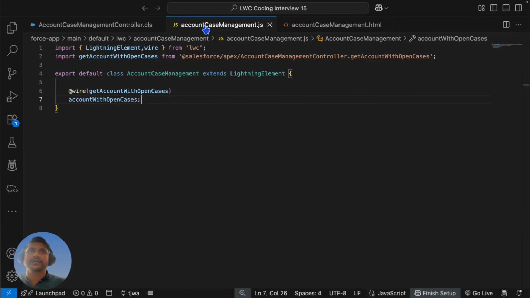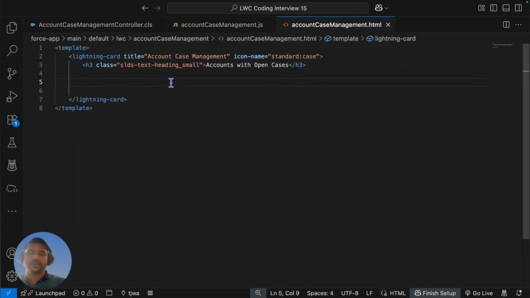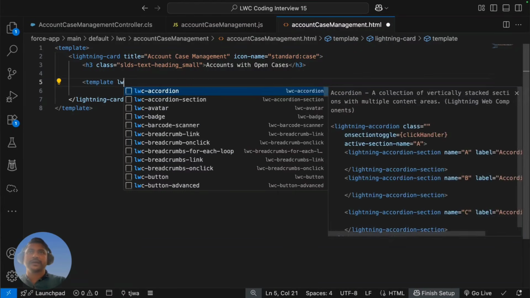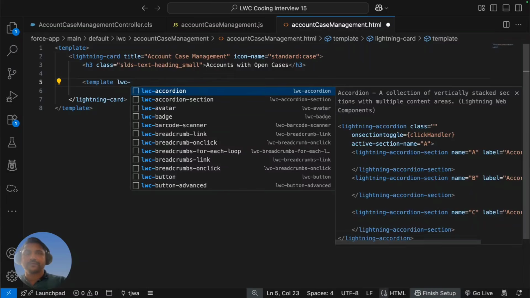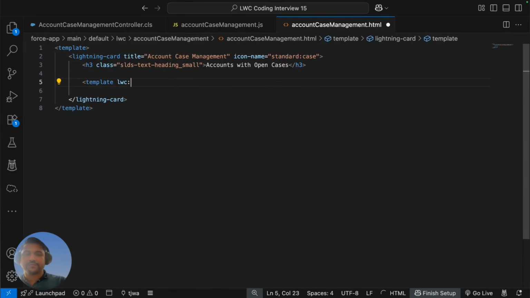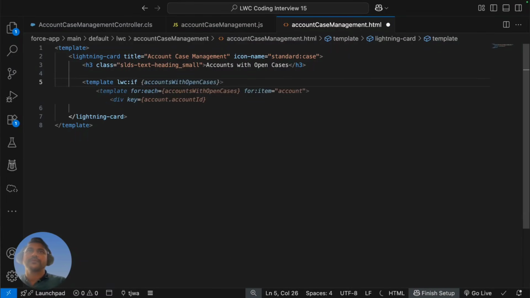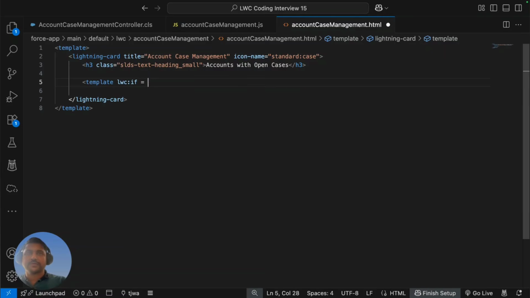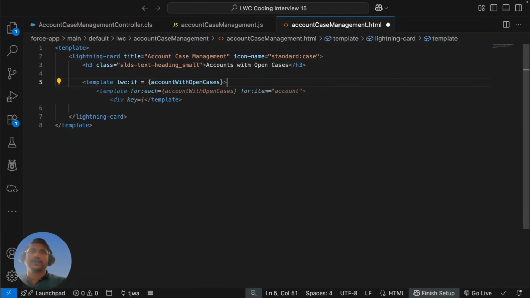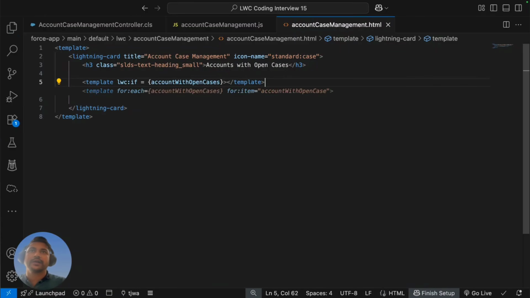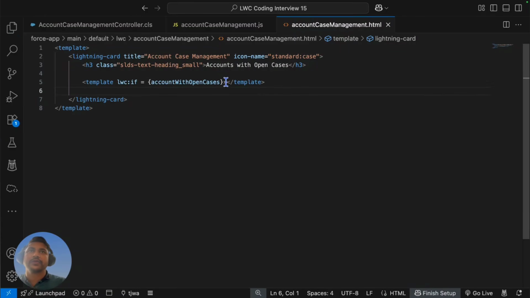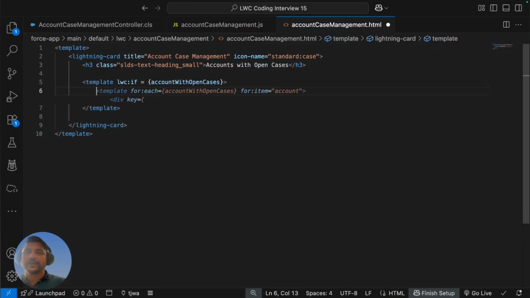So how can you check if the data has been loaded or not? By checking the data property of this. So here I will be using template LWC if account with the open cases. If the data is available, then and only then we should go and load the data